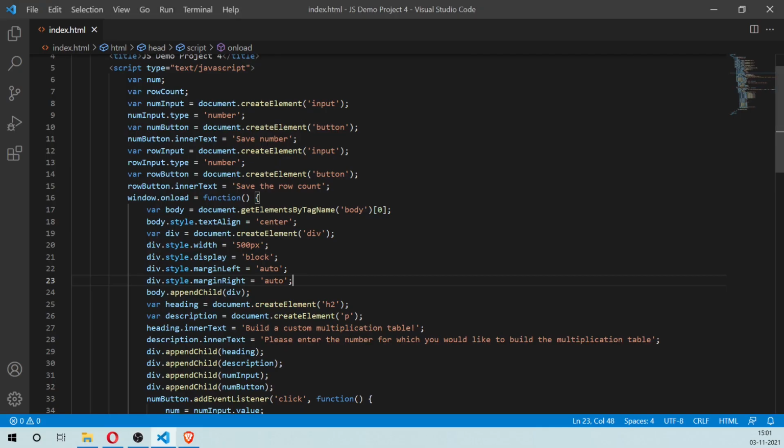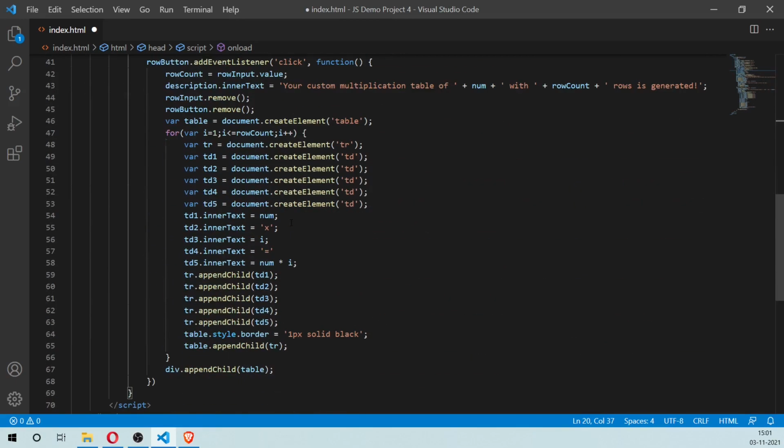This looks better, but still we can center the table. Let's make this actually 600 pixels, and we can center the table as well.